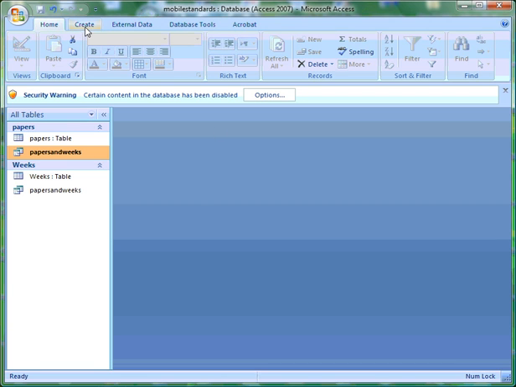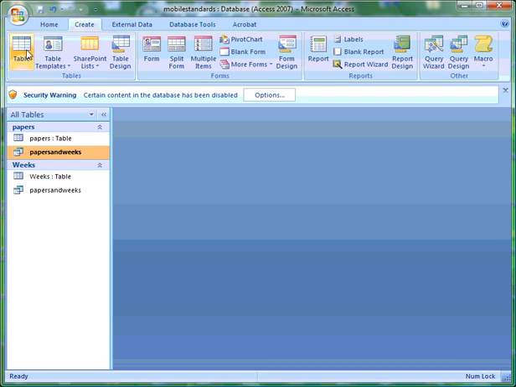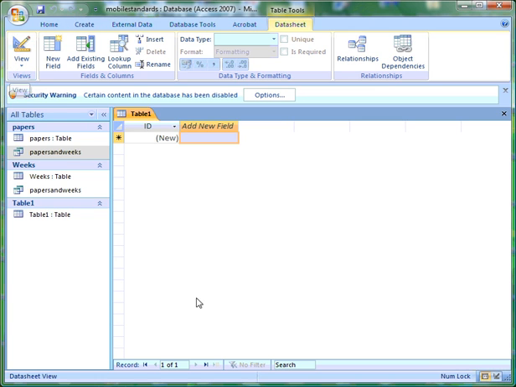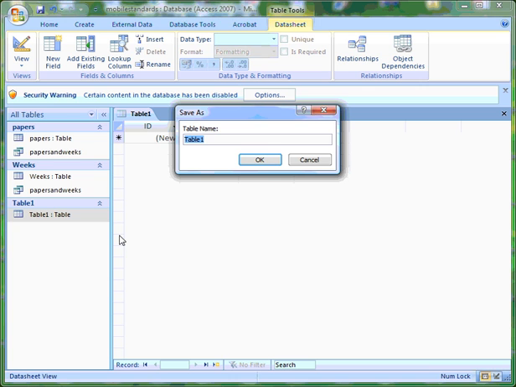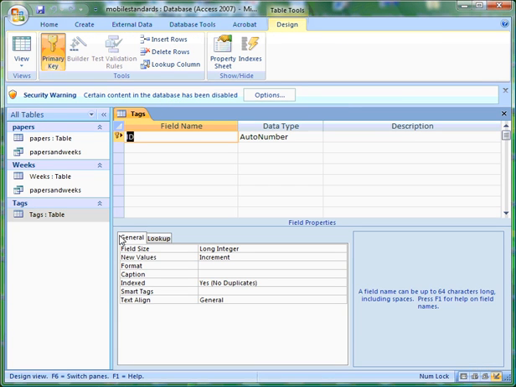So if you click on the Create tab of Access, click on Table. Okay, as per usual, it gives you this interface. As I say, I much prefer just going straight away, right-clicking on the table one that's created, click on Design View, give the new name. So we're going to call this table Tags. Okay, and that will immediately take us into the Design View where we can